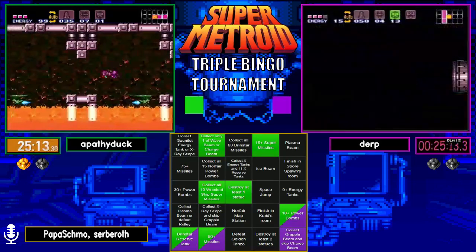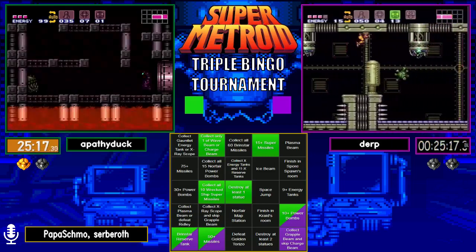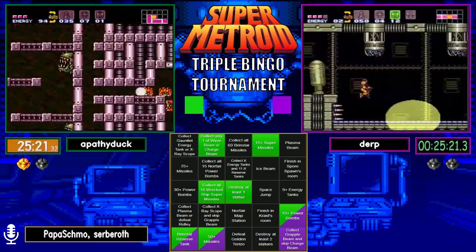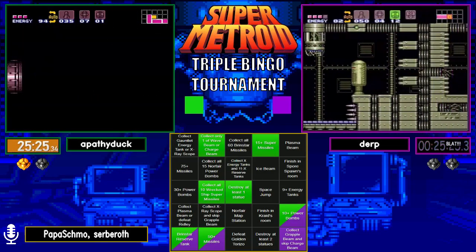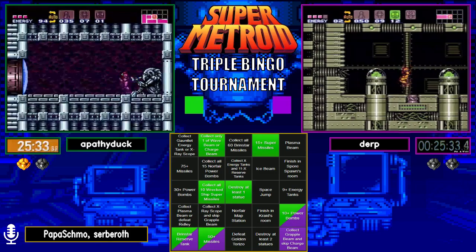Finish in Kraid's room is not too bad from Meridia, but destroy 2 statues is going to be super awkward for Duck. Well, if he's going Space Jump, then he's gonna have to kill Dragon. Yeah, but he has to go back to the statue room. Yeah, that's true. So if that's not the case, then we're talking about